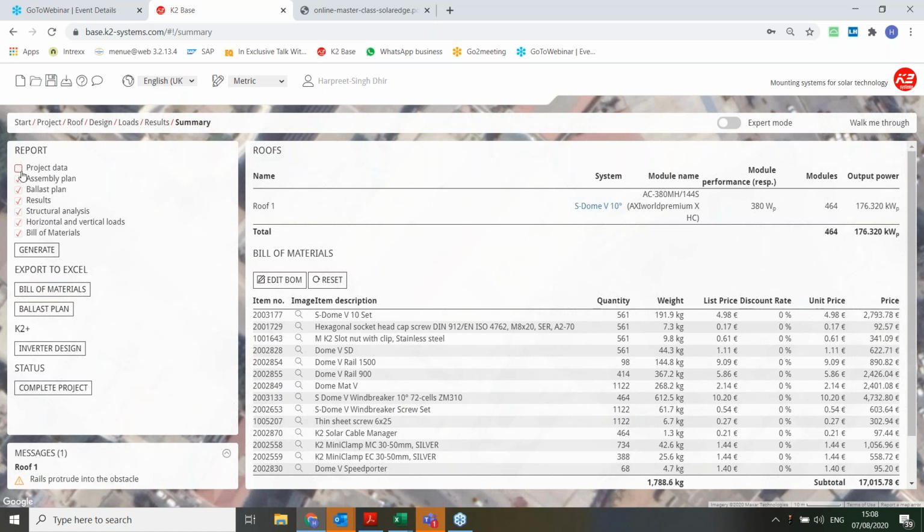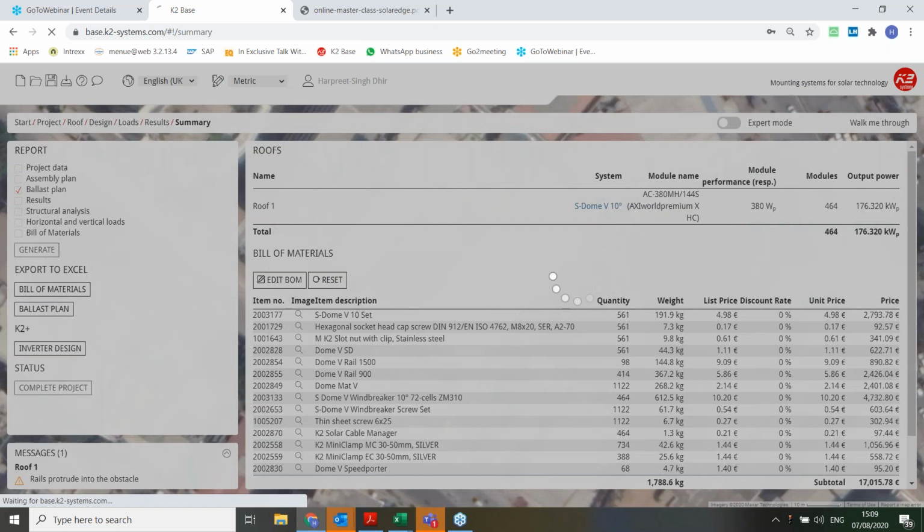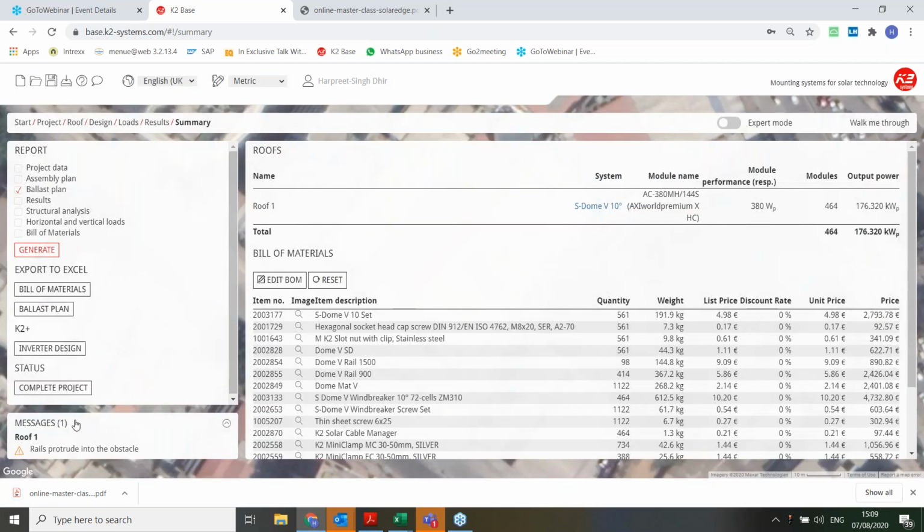Now you can see the ballast plan. If you just look at the report, I think the report is much nicer to see. I will just quickly click on the ballast plan. So the report is being downloaded.